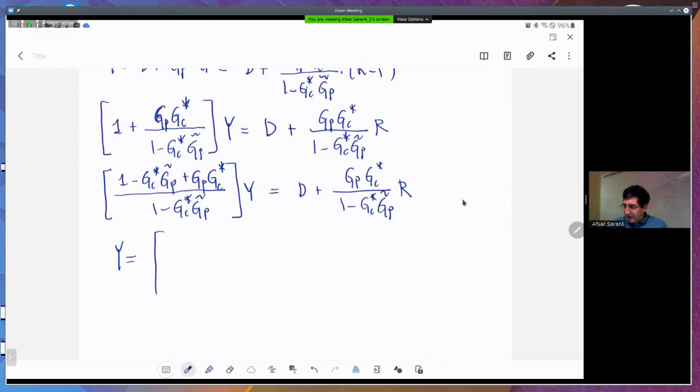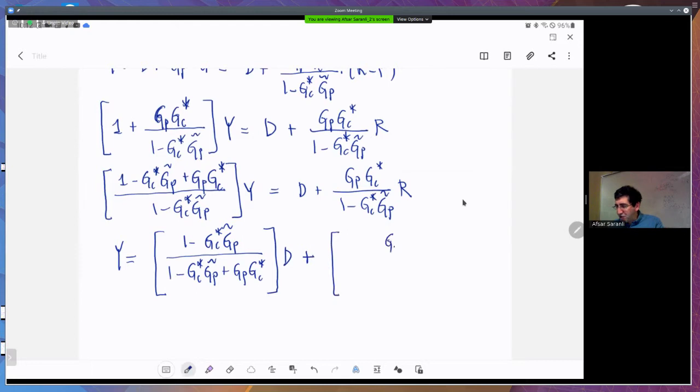So I have a term which is 1 minus GC star GP tilde over 1 minus GC star GP tilde plus GP GC star times this disturbance plus I have GP GC star, there is a cancellation there, 1 plus GC star GP minus GP tilde